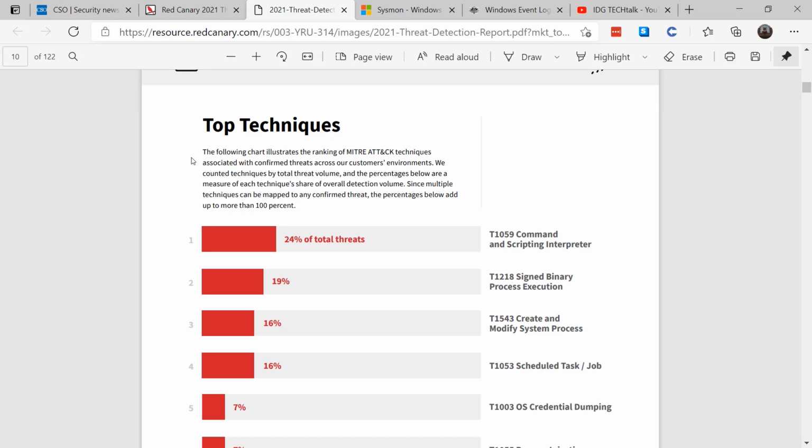16% of threats came from scheduled tasks or jobs. Attackers often use scheduled tasks in order to introduce persistence. The Red Canary report indicated that you should review when a scheduled task is set to run as system, as this is the most typical attack configuration they saw. Again, you want to look for event 106 or 140 to record when a new task is created or updated.